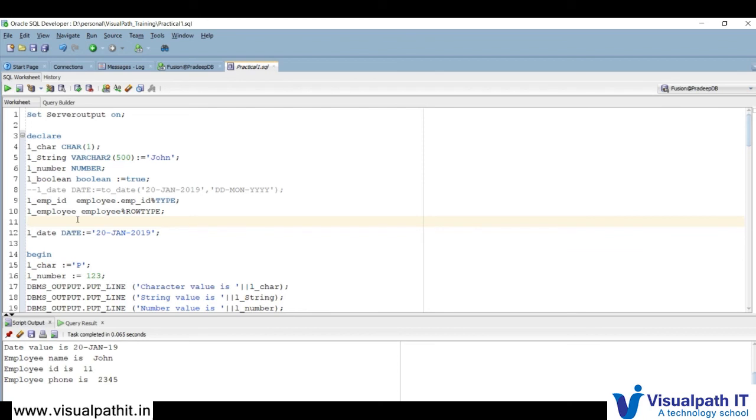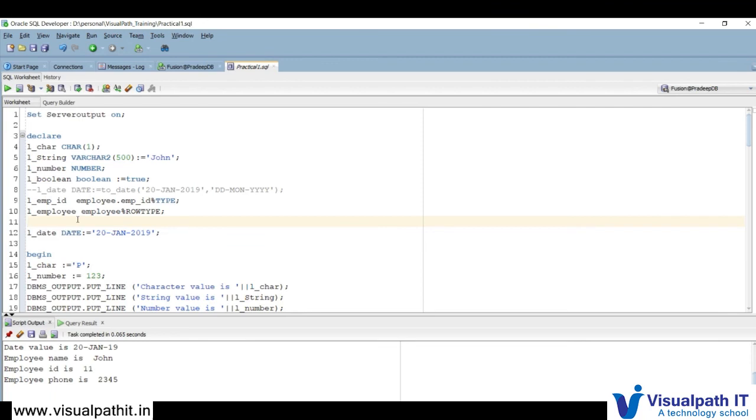Now I have included these two types also, because they are very important and essential to know from a PL/SQL programming point of view, how to define a percent type and a percent row type variable, because it gives you ease in writing code. You write very small code, fewer lines of code, when you use percent row type.